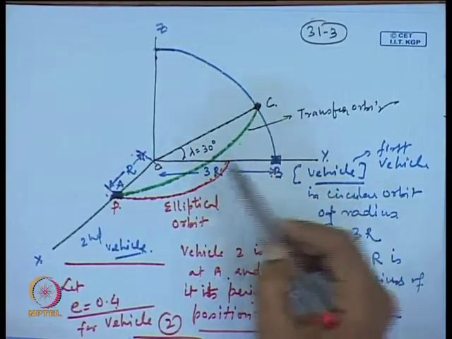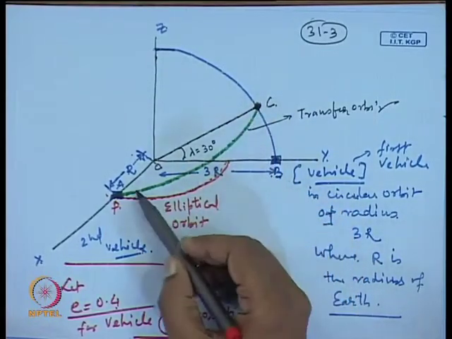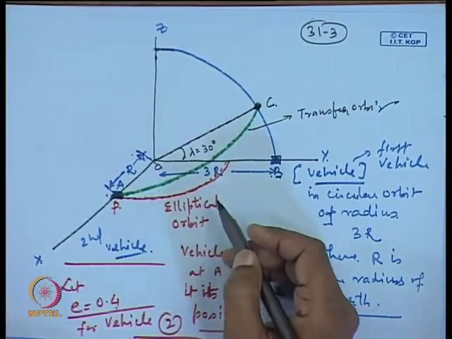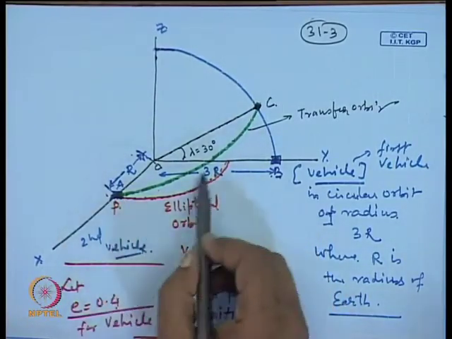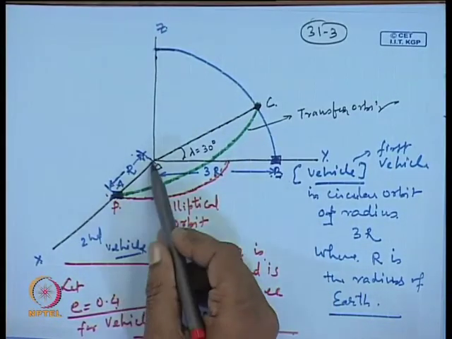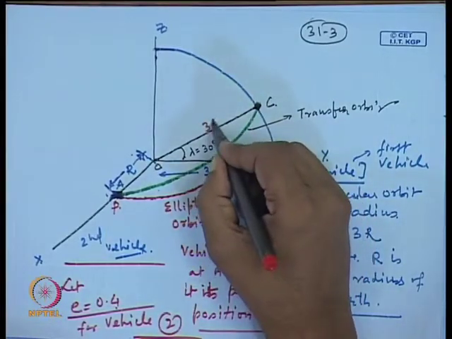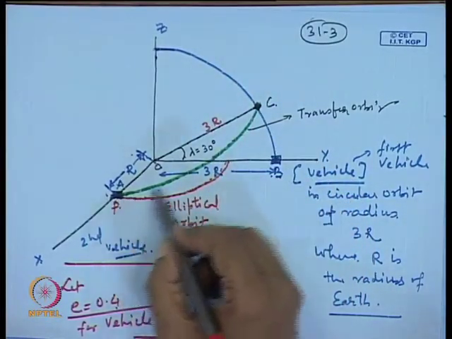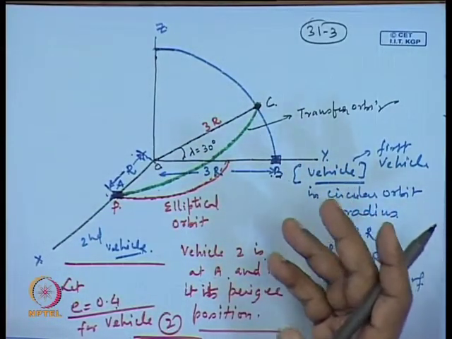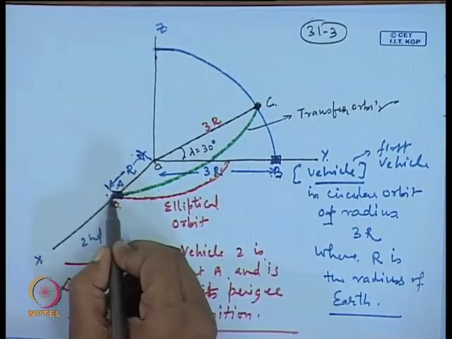has to take place. So, for this rendezvous to take place here at C, this trajectory must be designed. For designing this trajectory, you can see that here this radius is r, while the distance from here to here is 3r. Obviously, this is not going to be a circular orbit; it is bound to be an elliptical or hyperbolic orbit. So, what we are going to do is assume,